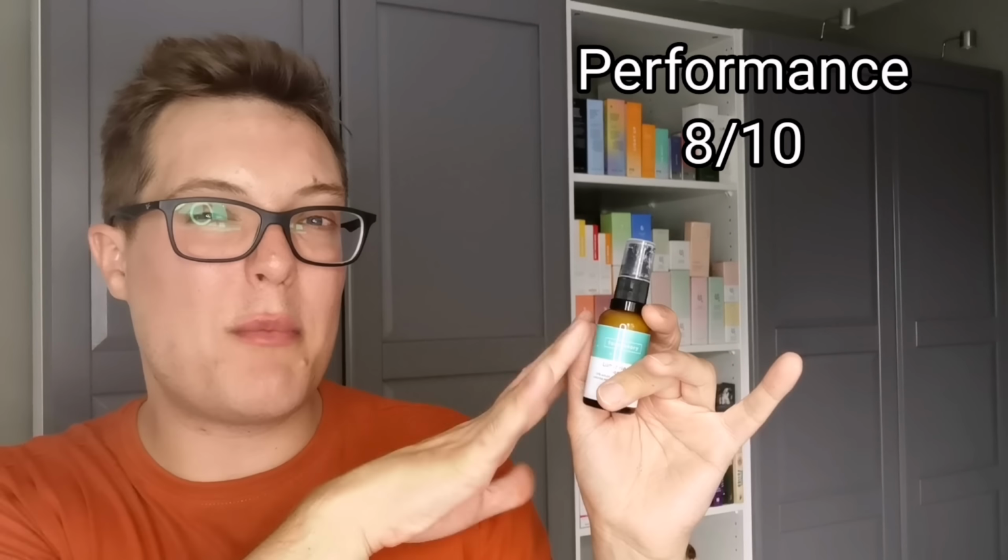If, like me, you're super impatient and you just want a product to work, this is going to be one that just delivers in super fast time. I'm giving this an 8 out of 10 in terms of performance. Because of all of the azelaic acids I've used, this probably does induce the most prickling and irritation on first